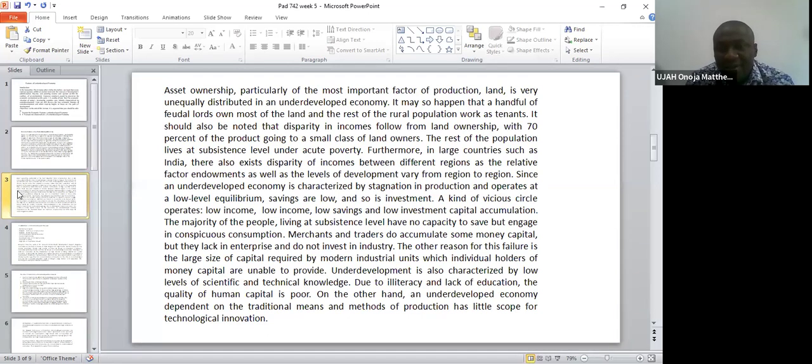Same also as China. Since an underdeveloped economy is characterized by stagnation in production and operates at a low level of equilibrium, savings are low, and so is investment. Because of the extent of the poverty and the unavailability of funds to diversify into other productive ventures, you find that people hardly save money. All they get is directed towards consumption, basic needs. It is when you are comfortable that you think of investments and other kinds of comfort. So the whole idea reflected in this characterization of an underdeveloped society is that the bulk of the population engage in consumption alone, with little or almost